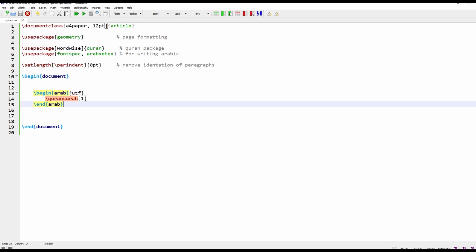Write the begin arab environment. In the environment, write the surah command \quransurah with 1 in the brackets. So it will write the first surah of the Holy Quran.